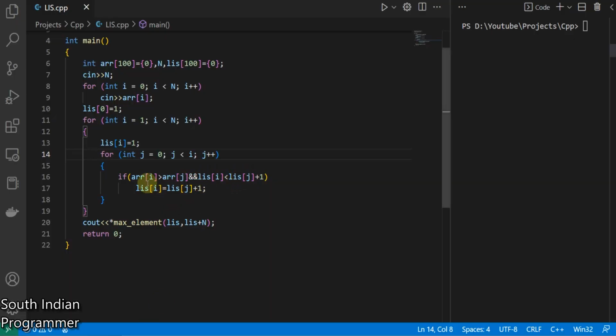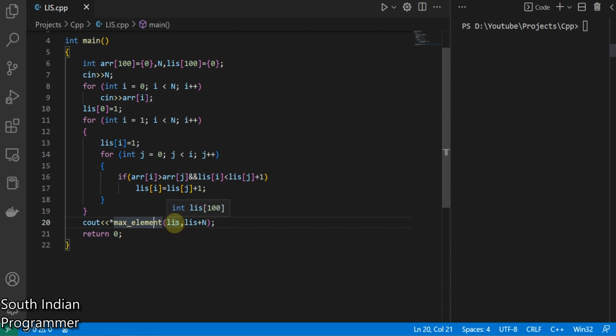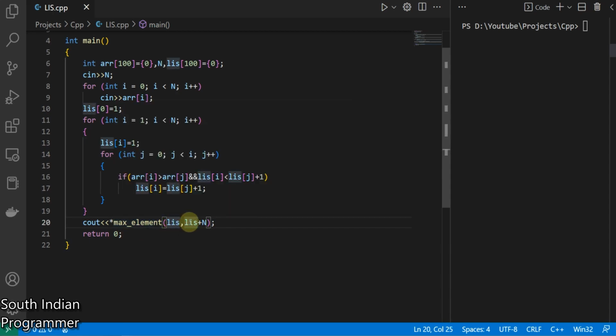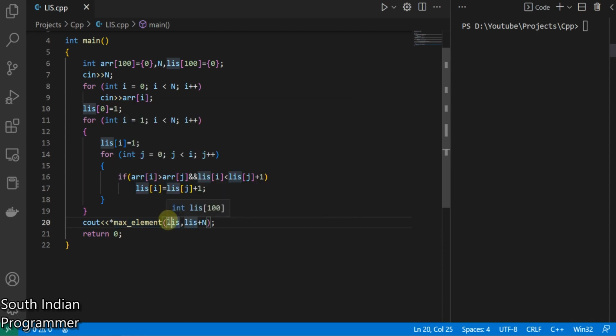In that case, we have to assign that LIS of i equal to LIS of j plus 1, and this is a built-in function to find out what's the bigger element, what's the greatest element in this array. So LIS of, I'm starting the first begin iterator and ending of this iterator. So LIS of LIS comma LIS plus n, and returning those pointers, and I'm printing the content by using star operator. Okay,